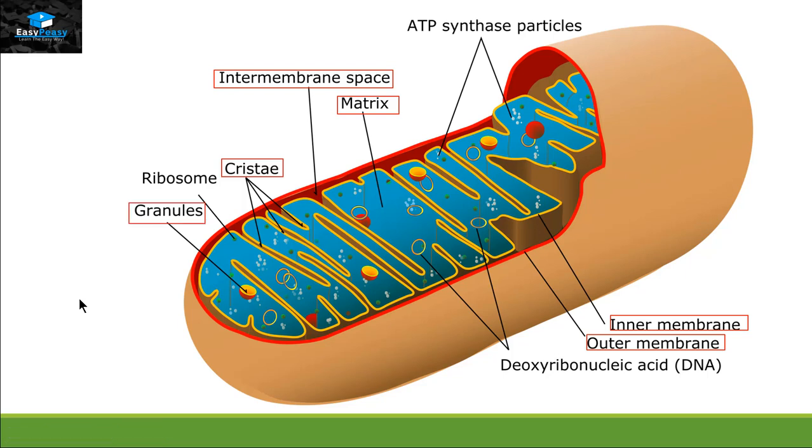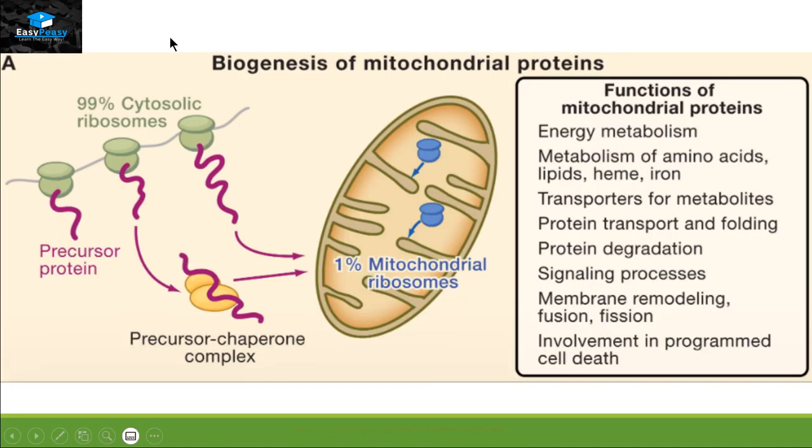They also have granules and ATP synthase particles because the major function of mitochondria is to produce ATP. Mitochondria also contain ribosomes and deoxyribonucleic acid. It means that mitochondria can produce their own protein. But if we look at the biogenesis of the mitochondrial protein, only 1% of the mitochondrial proteins are generated inside the mitochondria, and 99% of the proteins come from the cytosol and then